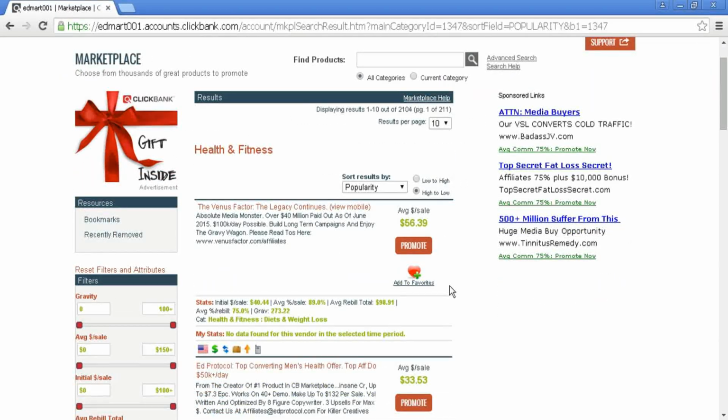Now let's just take a look at some of the stats here to help you decide what type of product would be best to promote. First of all, you've got the initial sale down here, and you can see for this particular product, the initial sale is $40.44. And the average percentage, that's how well it converts, is 89%. So that's pretty good. And the average rebill total is $98.91. And the average percentage rebill is 75%. And the gravity is